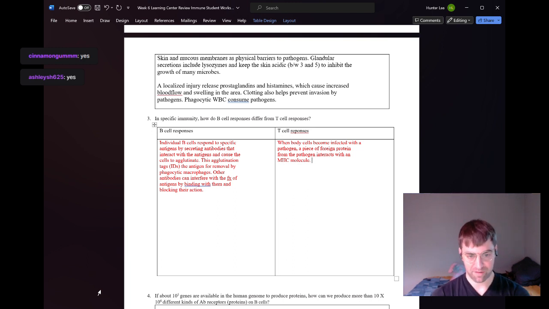The MHC antigen complex migrates to the surface of the cell's membrane, and individual T cells bearing complementary antigen receptors on their membrane surfaces interact with or bind with the antigen displayed on that MHC. So the MHC antigen complex migrates to the cell surface, and then an individual T cell with a corresponding